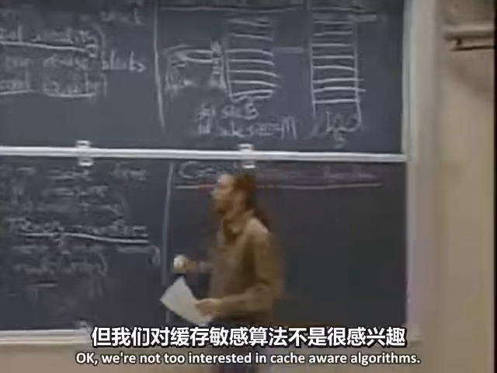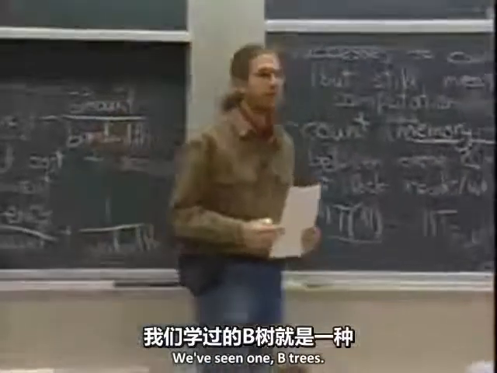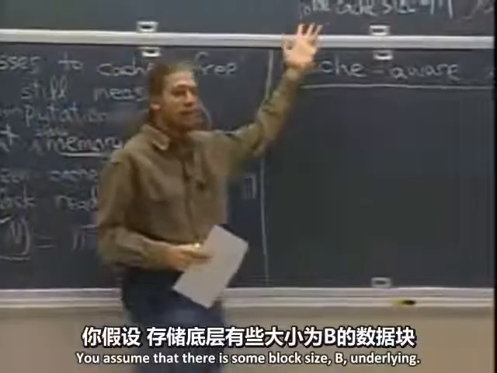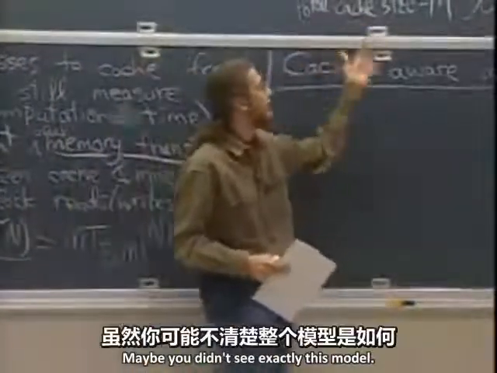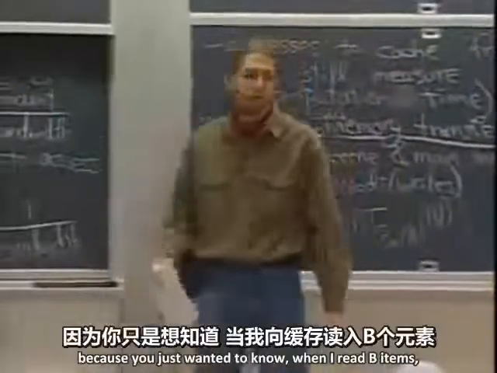Okay, we're not too interested in cache-aware algorithms. We've seen one, B-trees. B-trees are a cache-aware data structure. You assumed that there was some block size B underlying. Maybe you didn't see exactly this model. In particular, it didn't really matter how big the cache was, because you just wanted to know when I read